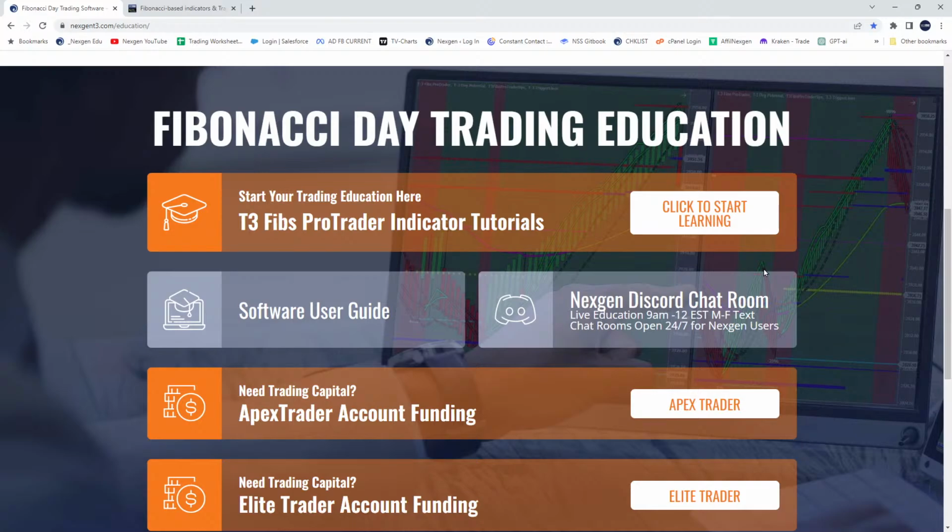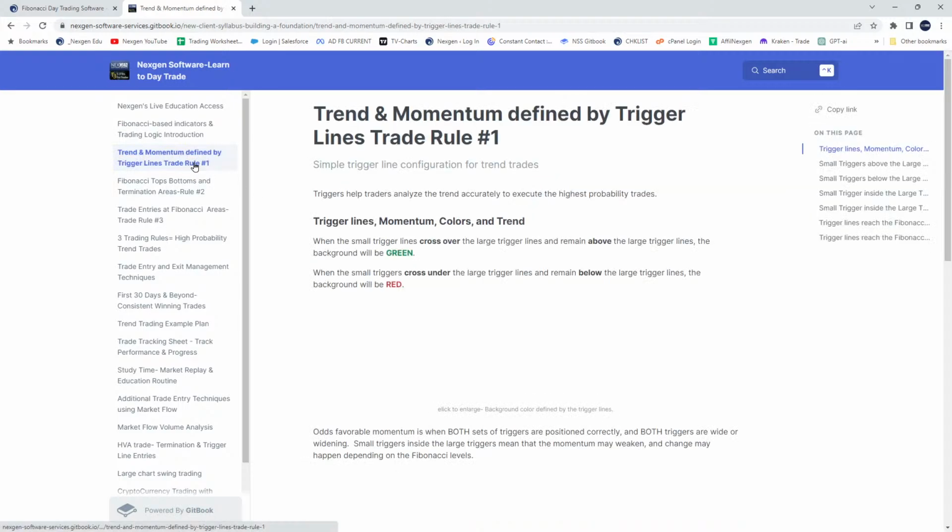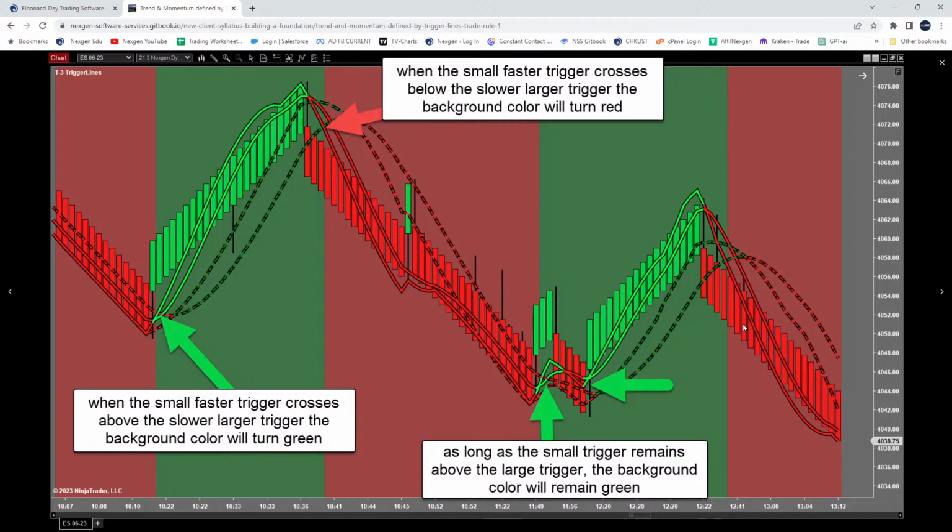So, I've got two objectives. Number one, not to destroy everybody's hard work that you guys have been doing for trend trades. The most important thing to me is to make sure that you guys know what you're doing. I'm going to give you guys some more stuff to think about. And again, I don't want you guys to stray away from what we do. Again, as you go through the basics, especially if you're brand new to Nexgen,